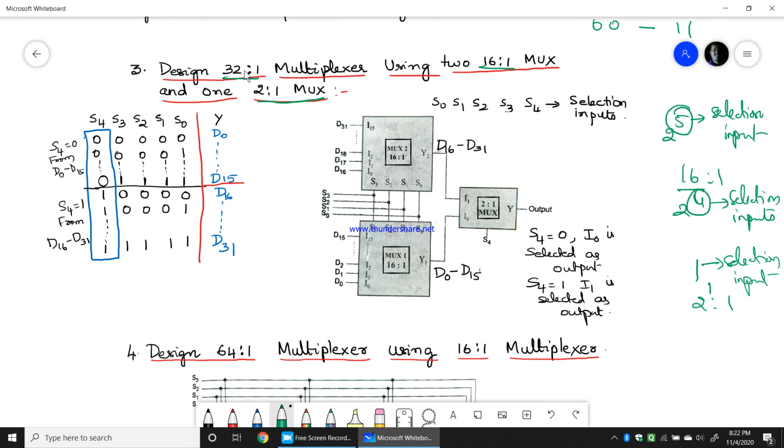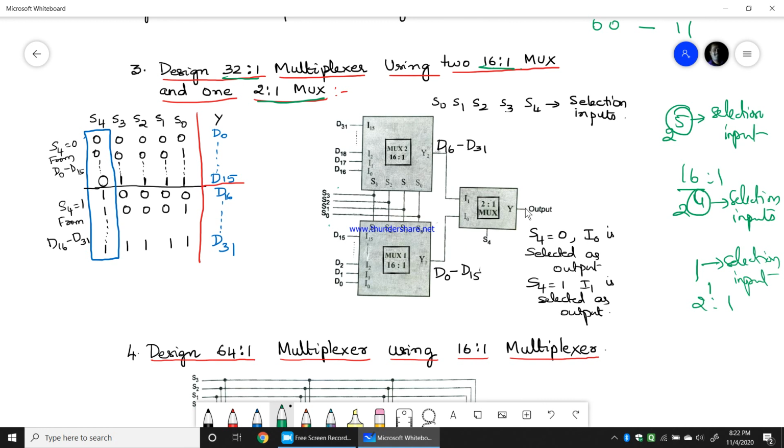So what we do, we take 32:1, right? So we take two different 16:1 mux. So when I take two 16:1 mux, 16 plus 16, I get 32 input combinations, right? D0 to D15 and D16 to D31. Now we will have 4 selection inputs for each 16:1 mux, and those 4 selection inputs are shorted and taken as 4 different selection inputs S0 to S3.